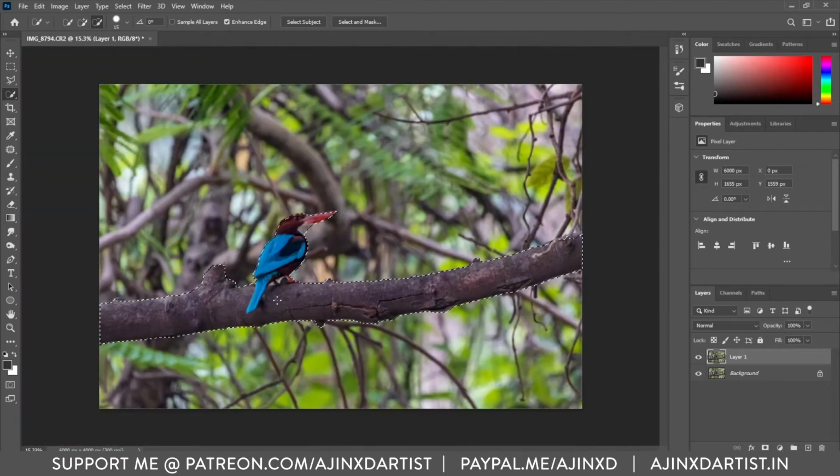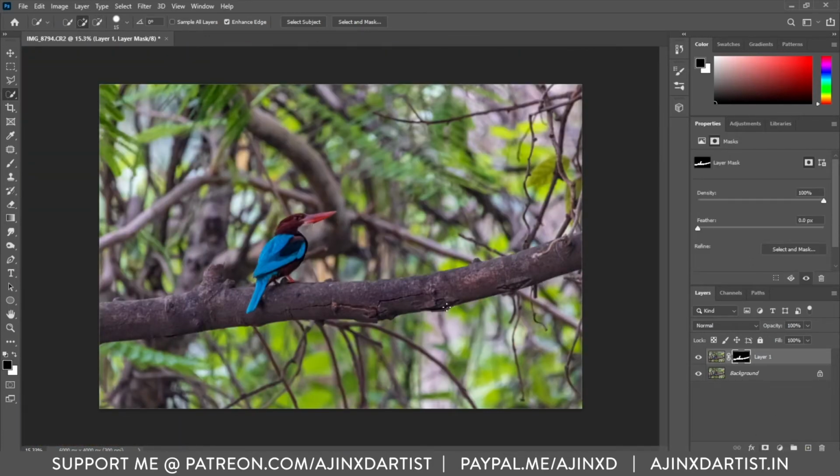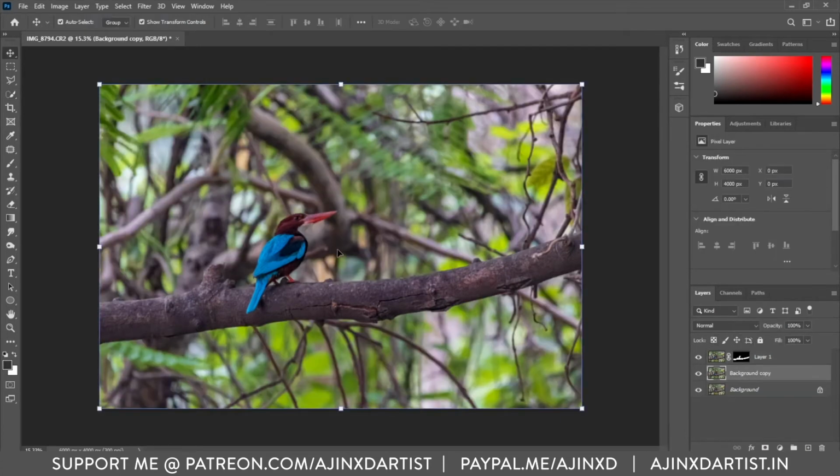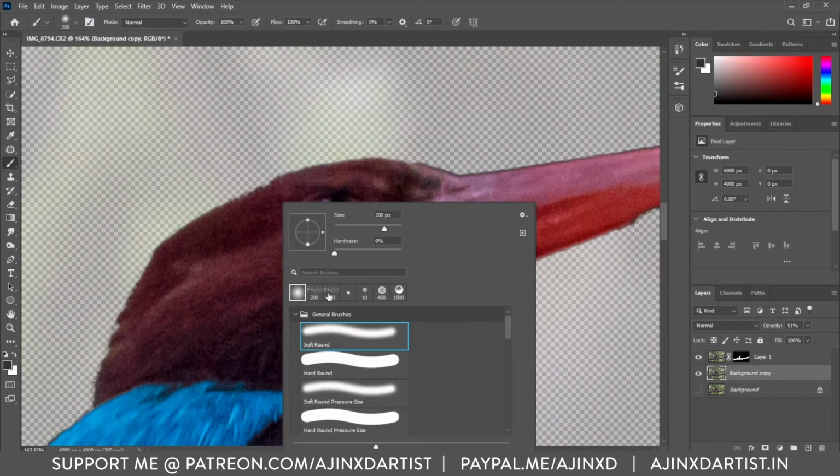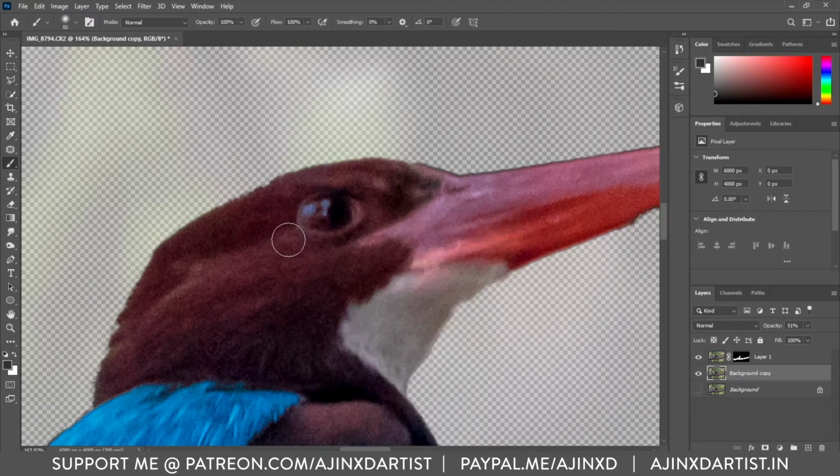The next step we do is create a mask with the selection and then isolate our subject in it. We make another copy of the background layer, so that we can see where we are missing out with our selection.